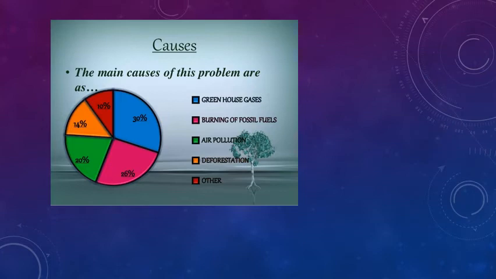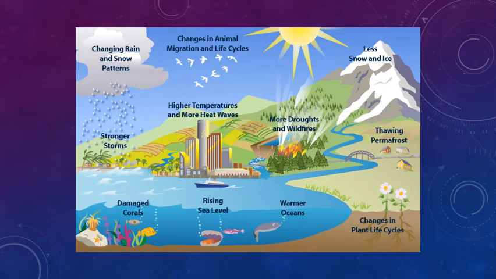So children, these are the various causes. Burning of fossil fuels. Because of the burning of fossil fuels also, there's an increased concentration of greenhouse gases, which is again resulting in global warming. So these are the various causes. The atmosphere is being destroyed as a result of global warming, and this actually is a very, very critical situation.